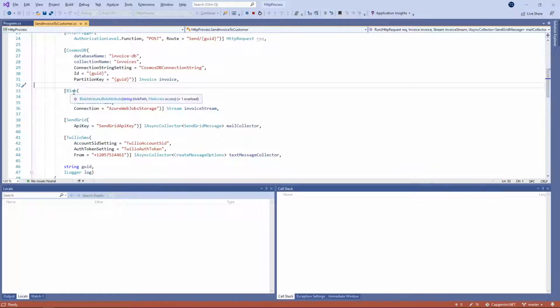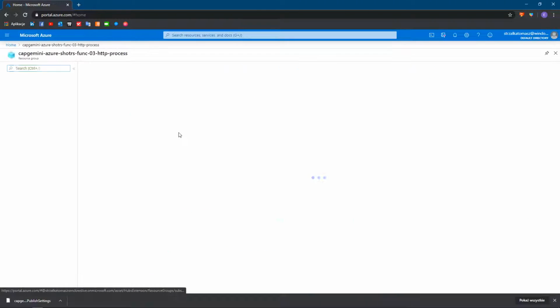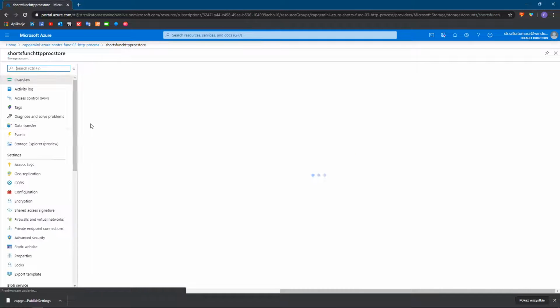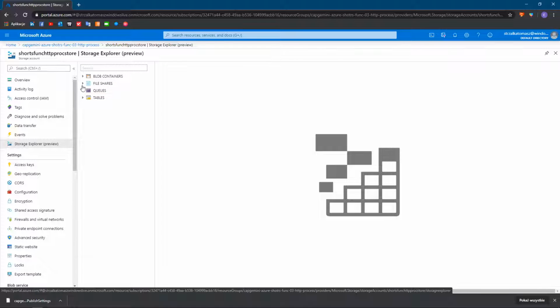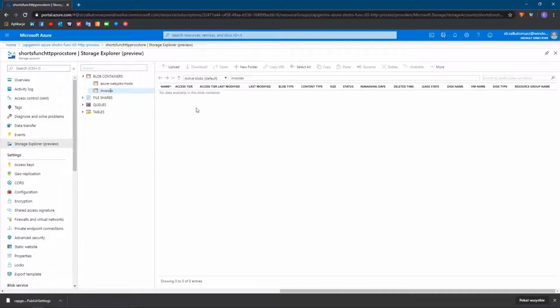This is the input binding. It serves the same purpose as a Cosmos DB attribute. It will just give us the invoice of that ID from the Azure Blob Storage with that connection. So if we go to the Azure Portal one more time and go to our resource group, go to our storage account, hit Storage Explorer, go to Blob Containers, we can see invoices,